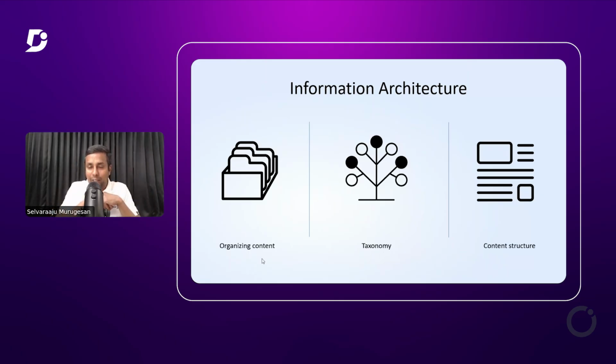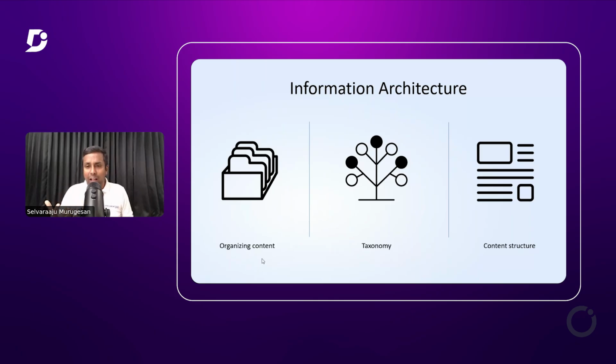So, organizing the content. You've probably gone to a lot of libraries or maybe the old public service offices where you see a stack of files, and usually they are color coded. So that's how they usually organize a piece of information. So the information architecture for documentation is basically about organizing the content, how you want to make sure that your content is easily organized for customers to consume, and most importantly, understand. And it's all about taxonomy. How do you group things, and how do you make sure that the grouping is making sense to your end